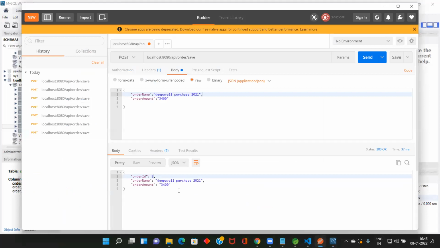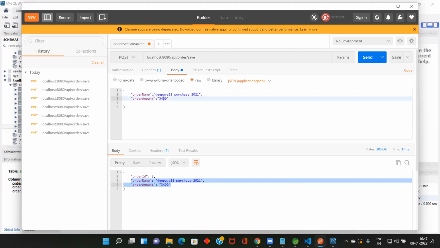So from Postman, I'm going to send New Year purchase 2022, amount 5,000. Okay, I will Control C, not here. So which one you should use? This one here.